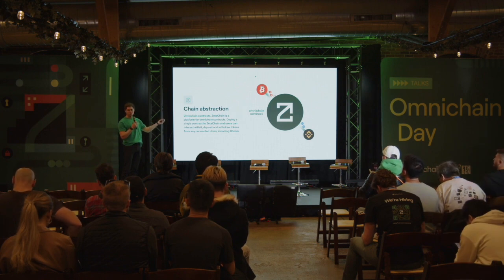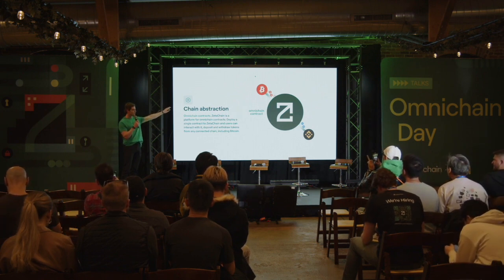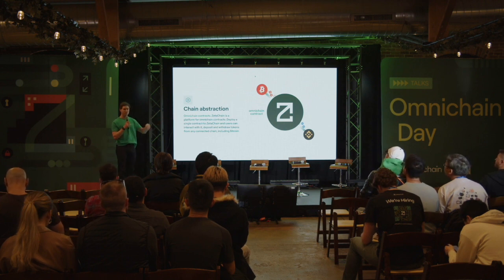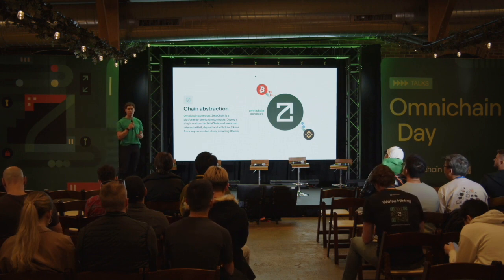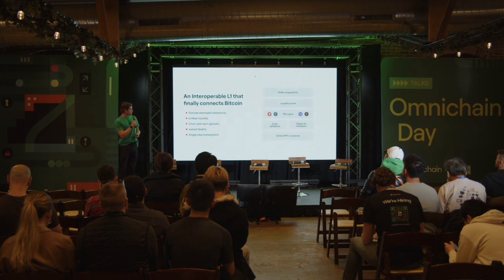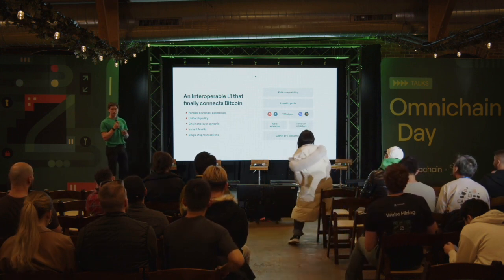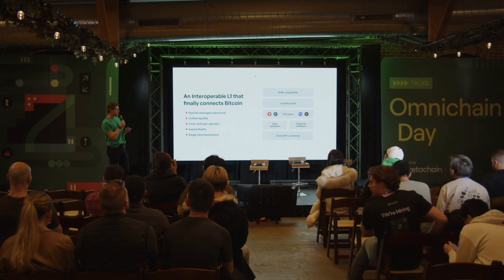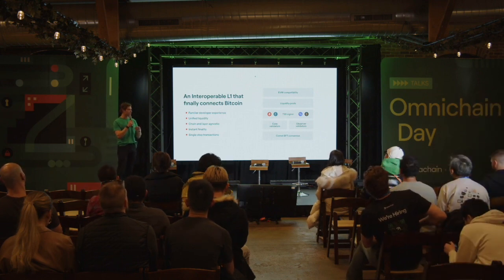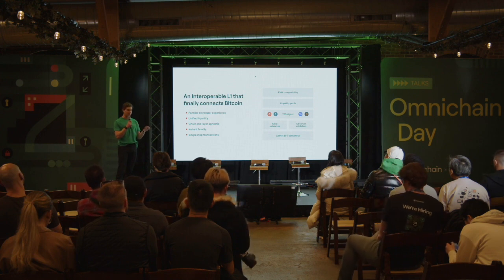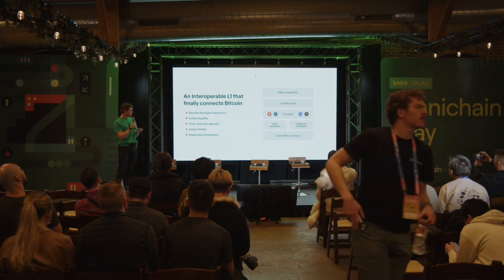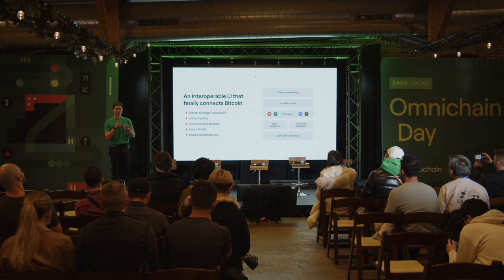And then from a user point of view, you could live on Bitcoin, you could be on Binance, Ethereum, or chains that the ecosystem integrates in the future, and you can interact with this Omnichain dApp. So ZetaChain's an L1 that enables native Bitcoin interoperability, and you can benefit from that by deploying an EVM contract. It's very similar to building on Ethereum, with the added functionality of your dApp now being interoperable everywhere.